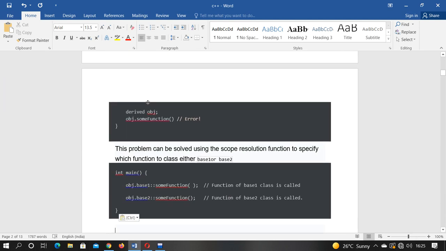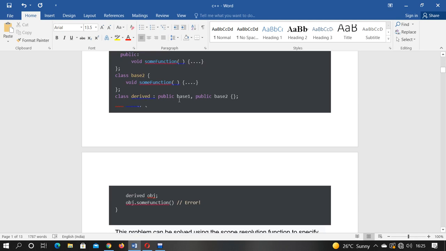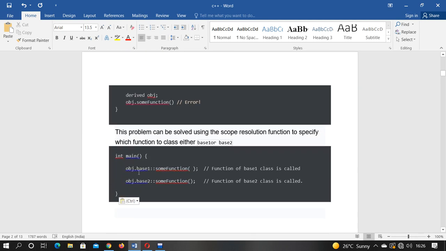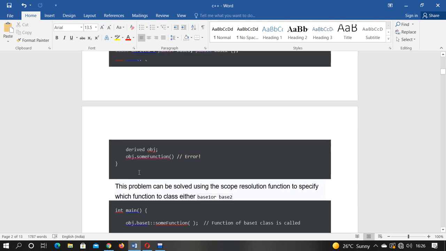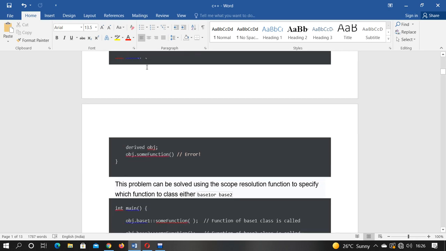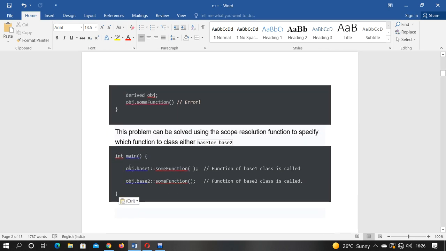Let's see over there. Here is the object I have created, derived object, of the derived class where we publicly inherit both the classes. So here object dot base 1 means that it will call base 1 class, and we are calling the sum function of base 1 class with the scope resolution operator, function name and semicolon.